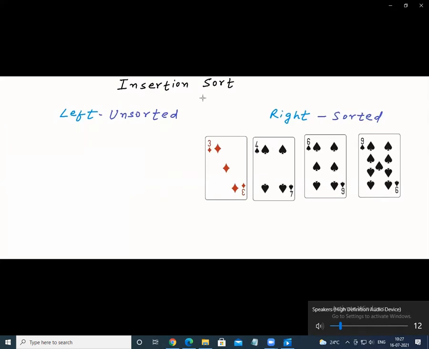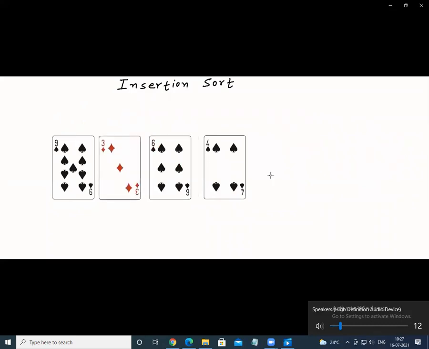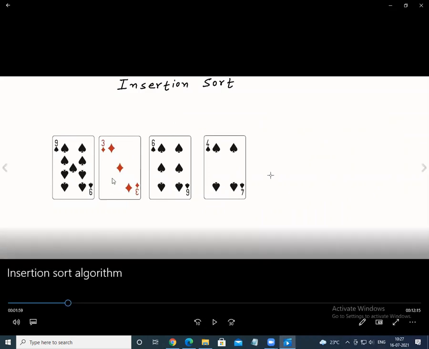So this is to explain, to identify left hand and right hand, just to make sure that you know the game, right? So what you said, so this is the given array, right? 9 3 6 7. So as I said, on the right hand side you are going to sort it. In fact, it happens in the same memory. It is not that we are taking a separate memory.